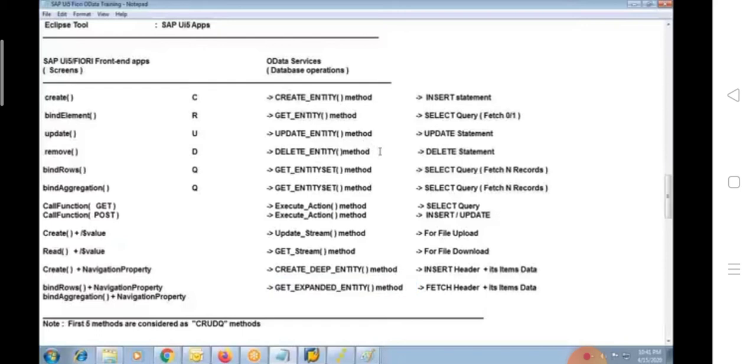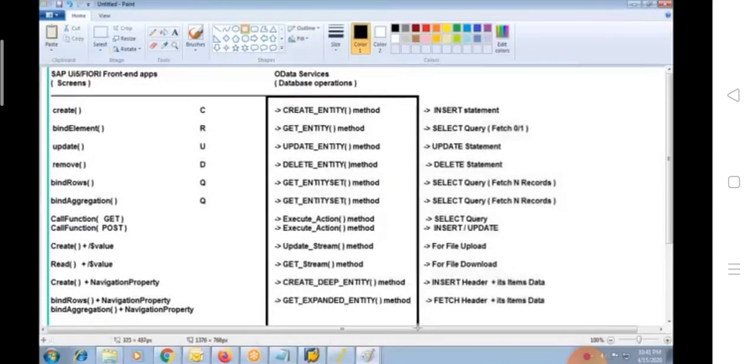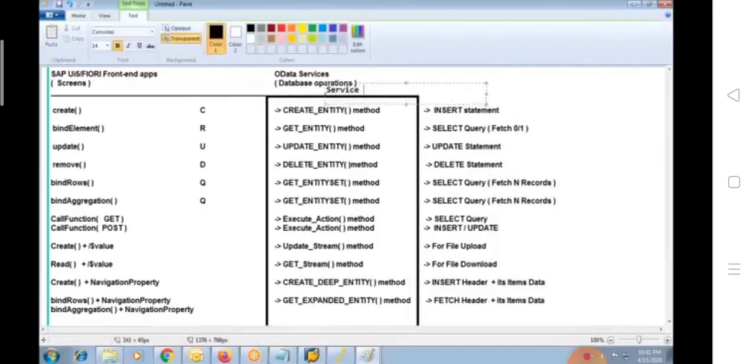All these OData methods are technically available under service implementation. So when you open the OData project, you will find all these methods under service implementation in general.